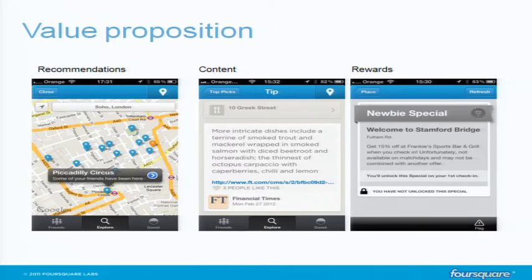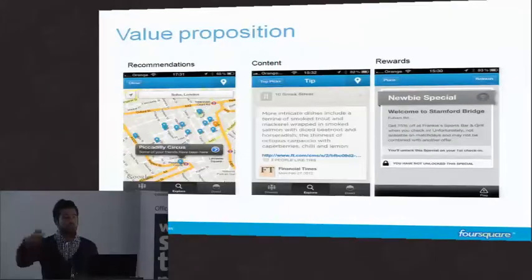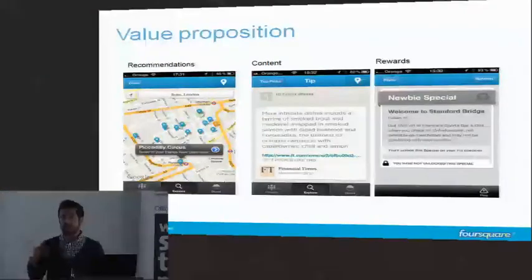It also knows that I like Japanese food places, right? So if I go to an unknown city in the US and I'm looking for a place to go to, let's say I end up in Arkansas, then I'll get a recommendation from Foursquare telling me, hey, you know what, this bar might be good based on the analysis that Foursquare is doing and looking at the cohort of people that are similar to me in London that are similar to Arkansas. Maybe some of these people from London have been to Arkansas and checked into places. We take that data into account to give you recommendations of places you might want to go, right? So we understand the social proximity between places rather than geographic proximity and give you recommendations based on that.